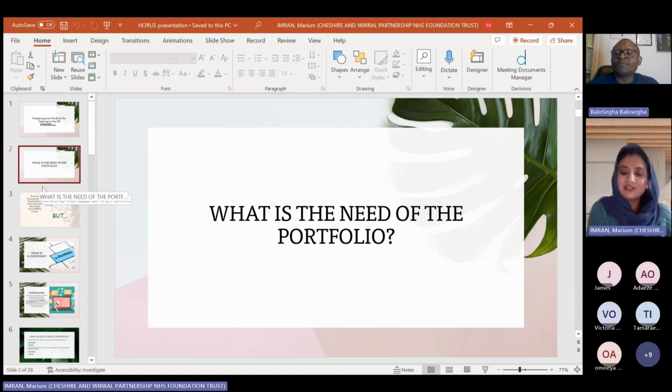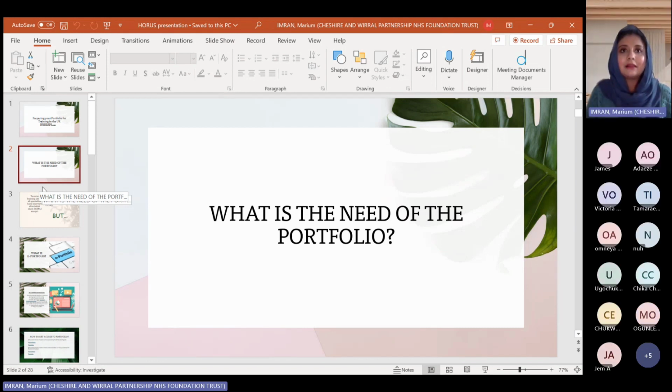What is the need of the portfolio is the first question. Do we actually need a portfolio? Why do we need it? All these questions start popping up in the head when we first join as a new non-training doctor. Coming from a different background, I struggled too as an immigrant. That's why I think this session is really helpful, especially for those who haven't done their foundation training